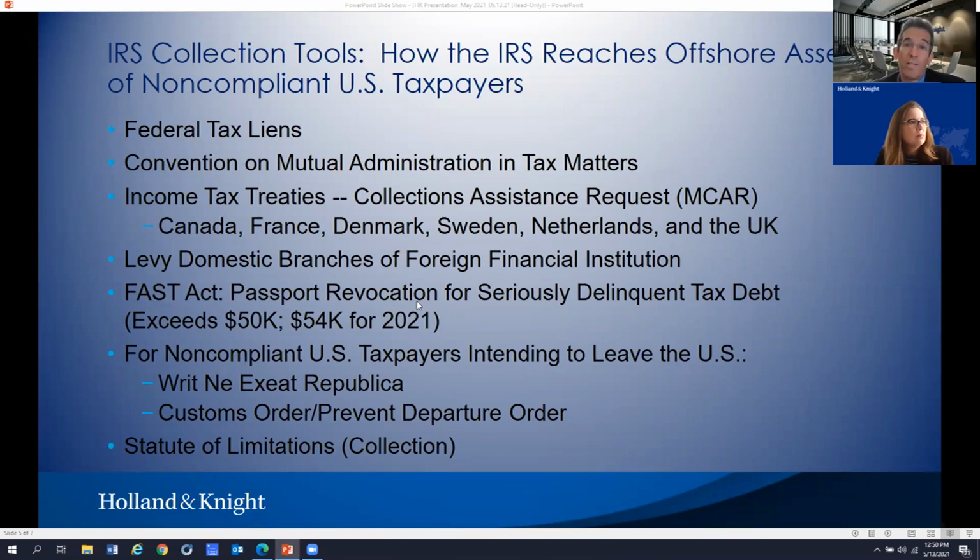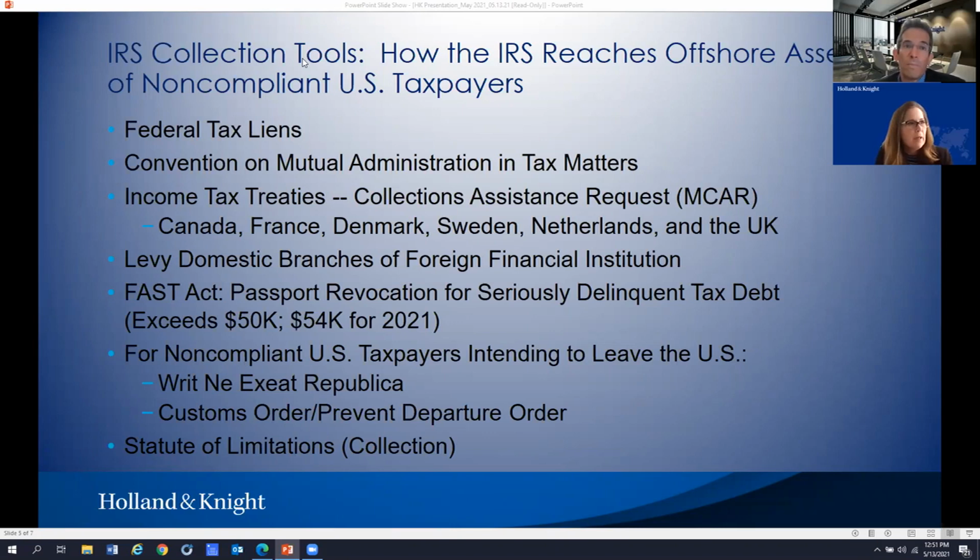The IRS must have placed a lien or a levy, and the amount that's considered to be a seriously delinquent debt is, for 2021, $54,000. However, if the taxpayer is involved in appeals or trying to work on making payment, offering a compromise, collectability status, or an installment agreement, then this doesn't happen. It only happens when the taxpayer isn't doing anything and the debt is out there with a lien or levy. Since 2019, the IRS has collected $1.2 billion through the FAST Act processes.